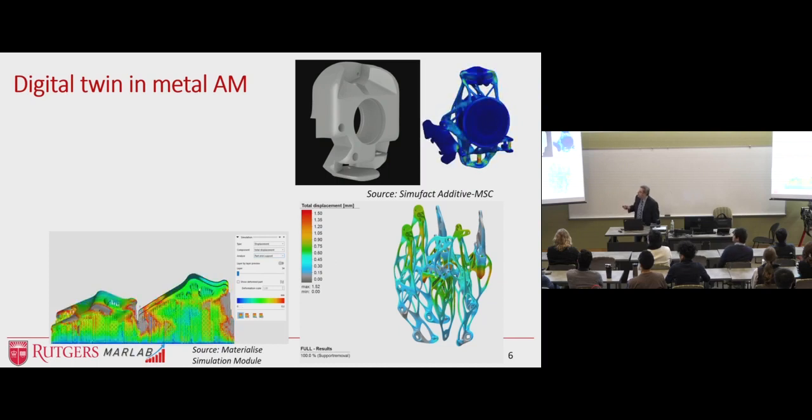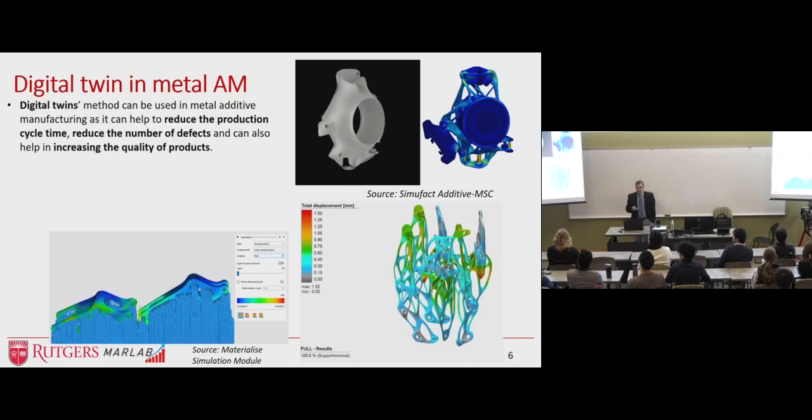Here's another one showing the total displacement. This is about topology optimization. So the digital twins method can be used in metal AM, and it can help to reduce the production cycle time because you can virtually design the product, set its manufacturing parameters, and optimize them, and